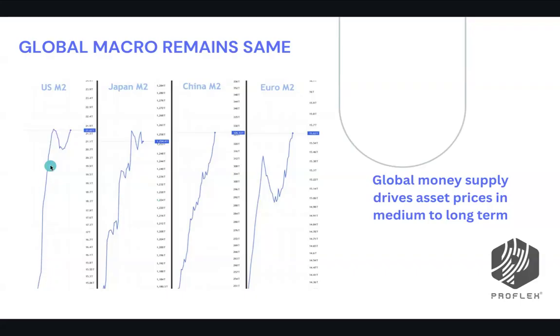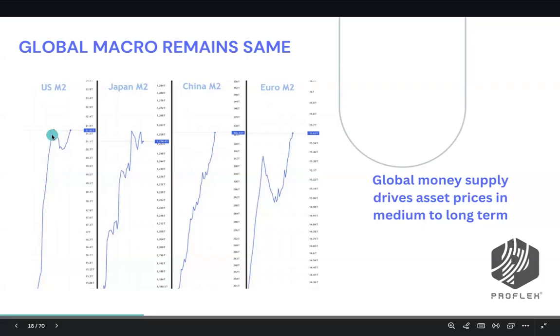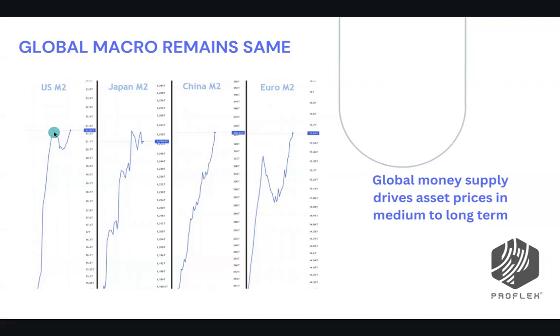So the US, as you know, has been in a money printing environment since the 2008 crisis, and this continued until, I think, the post-COVID crisis, when we actually accelerated. This crazy money printing happened after COVID, and then since 2022 we have been on quantitative tightening. And as you know, recently the Fed has removed most of the quantitative tightening, and now they are actually increasing the money supply again. So the US has gone through that cycle, which we saw in 2022. We had market corrections. We had almost all assets correcting in 2022, and that is going up.